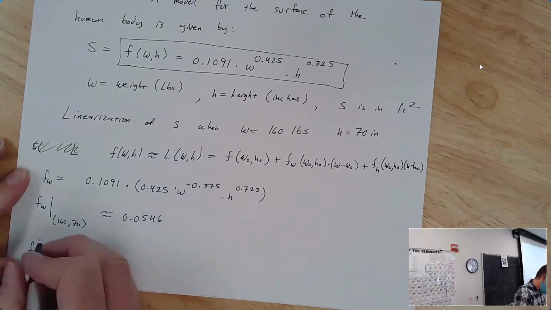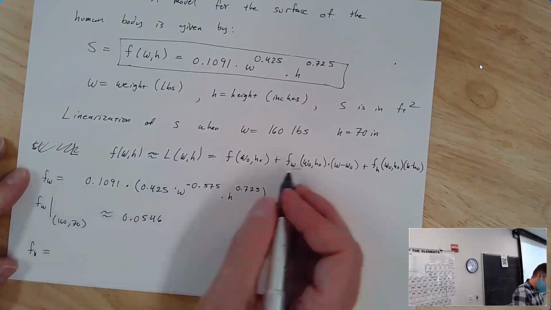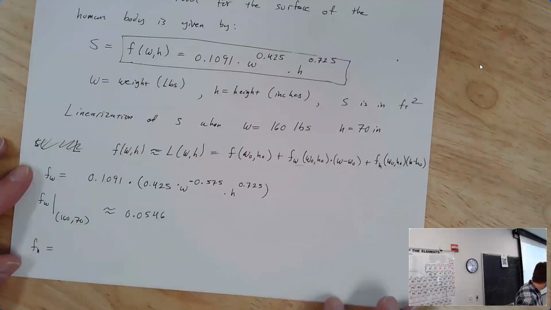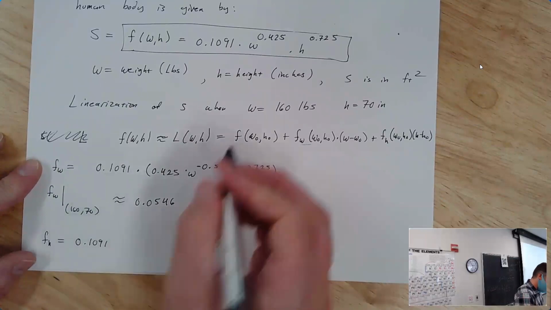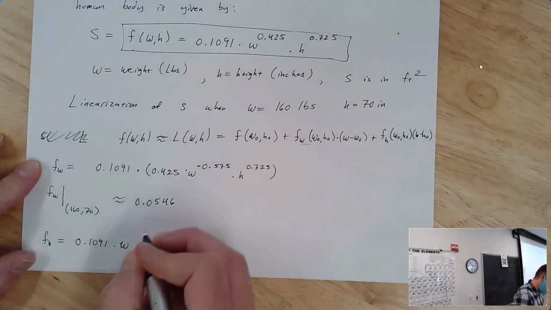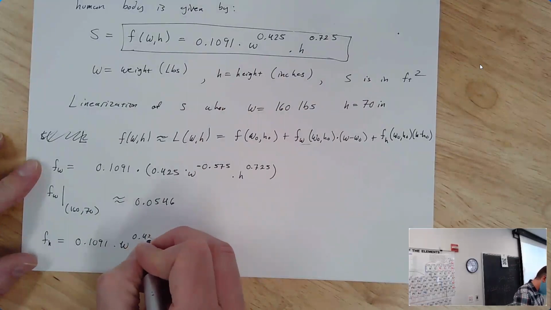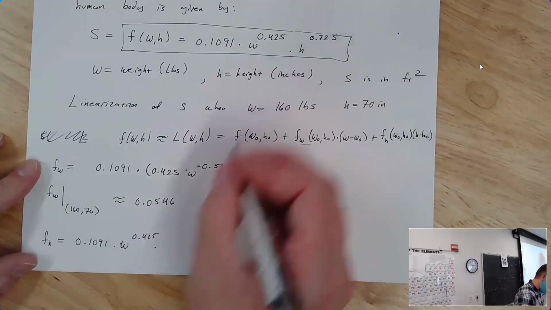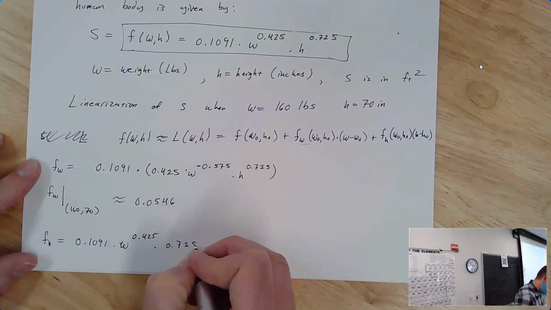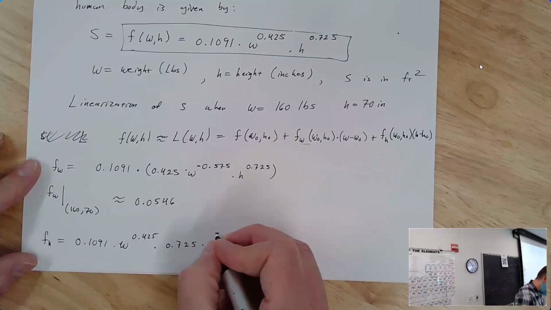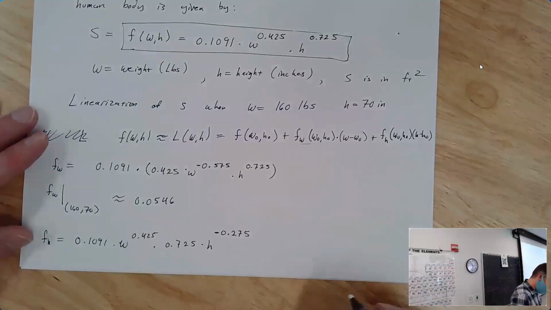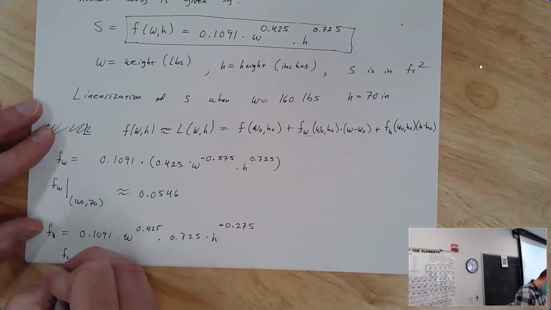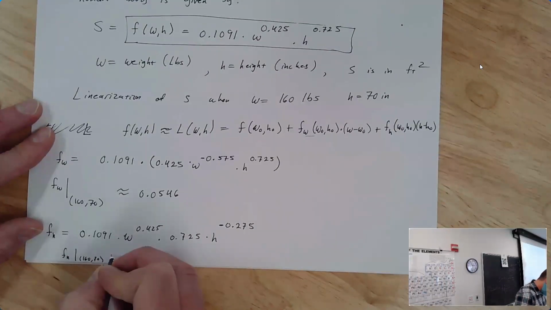In a similar way, the partial with respect to H is going to be the derivative of this with respect to H. So we're going to get, again, 0.1091. This is going to stick around, not changing, W to the 0.425. And then we're going to get times 0.725 times h to the negative 0.275. And if we plug in the same value, 160, 70, we're going to get approximately